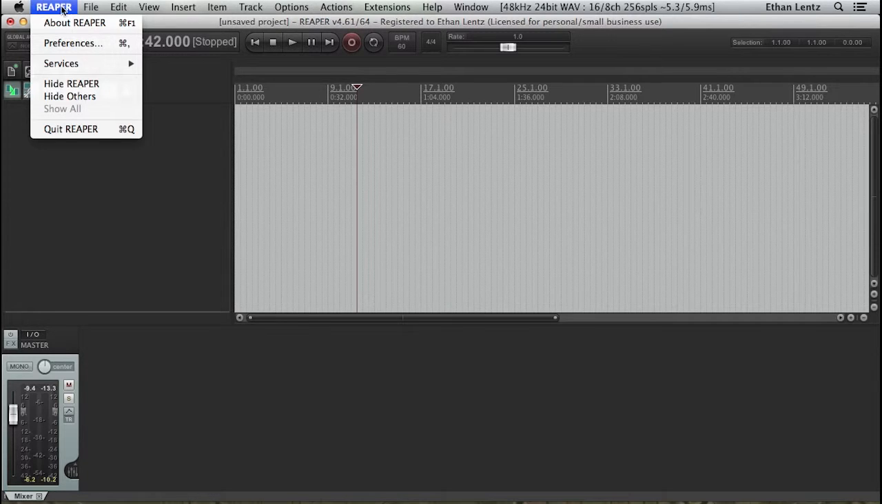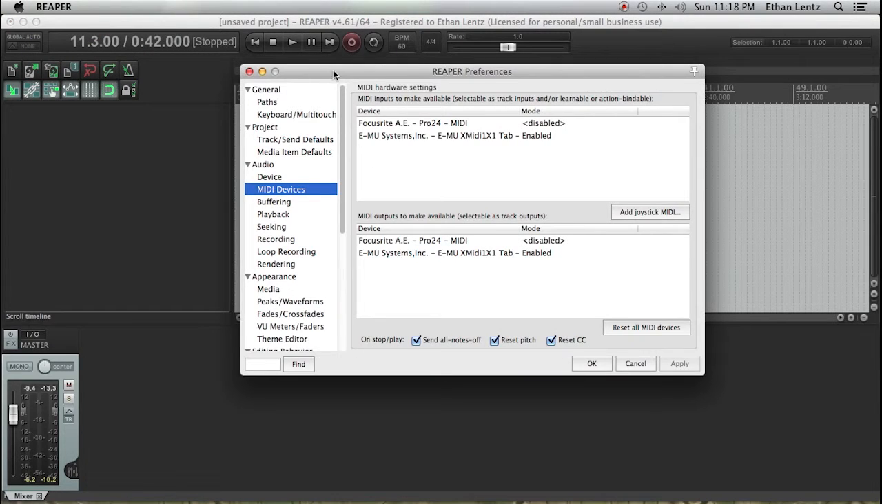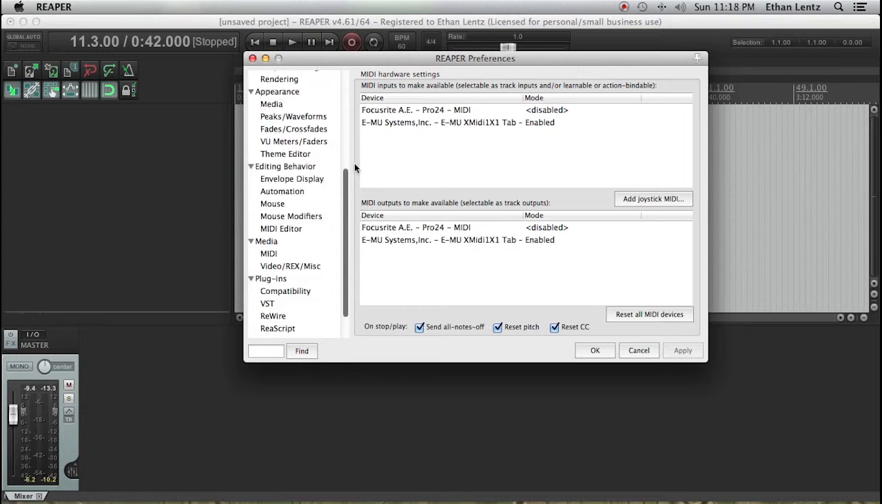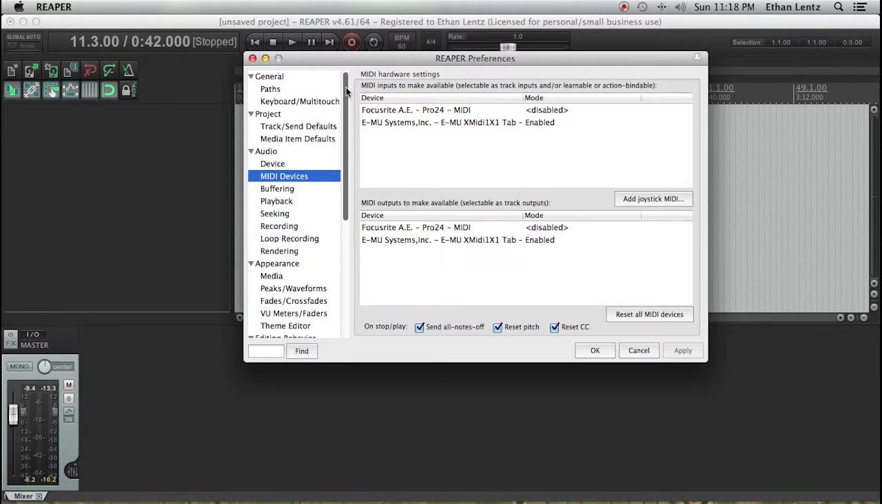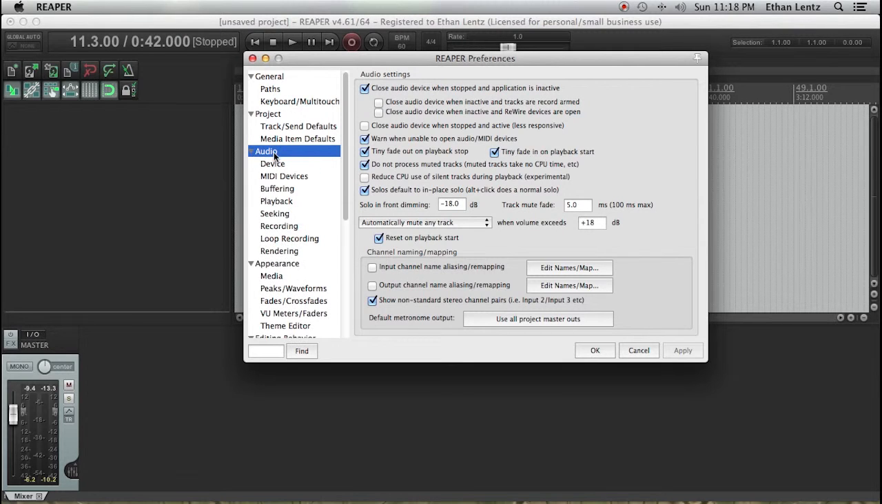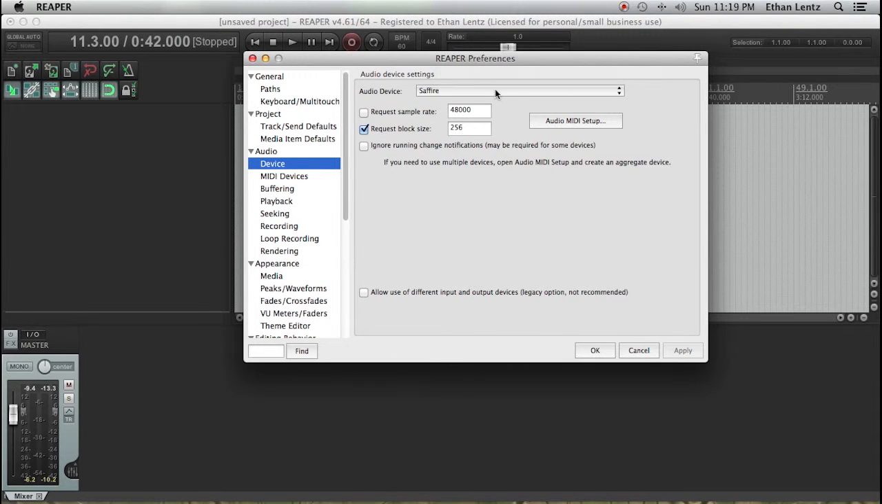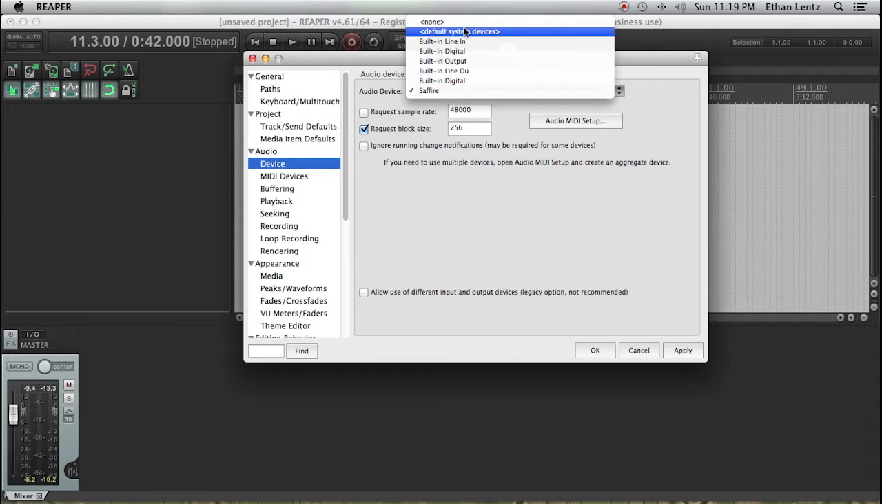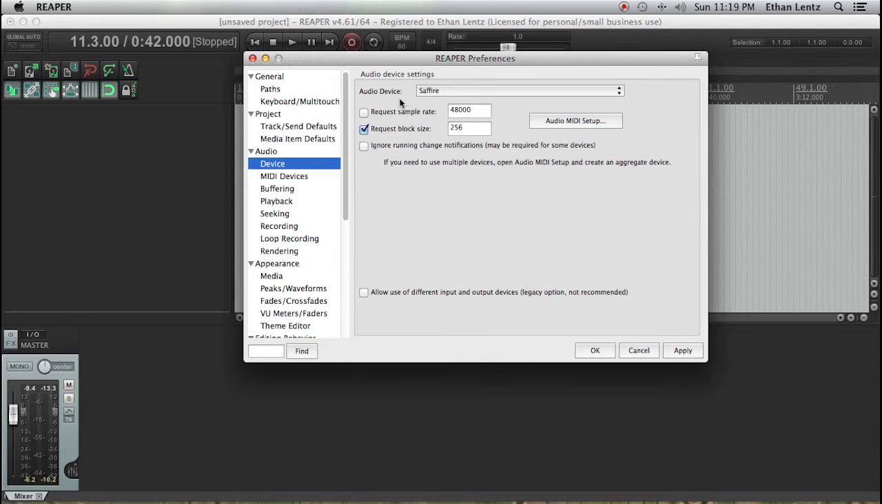Clicking on this Reaper menu item at the top will bring down a list, from which I can select preferences. This gives me all the preferences I can choose to modify Reaper, sorted into categories. So under the audio tab is device, and clicking on this list selection here, I can display the list of all the devices Reaper has access to. Selecting my Focusrite Saffire,